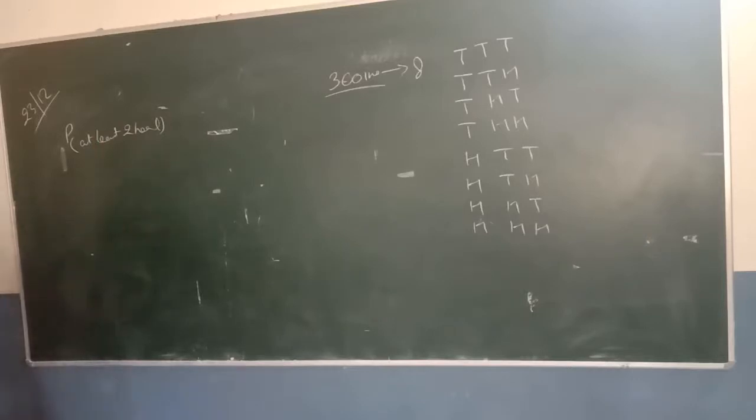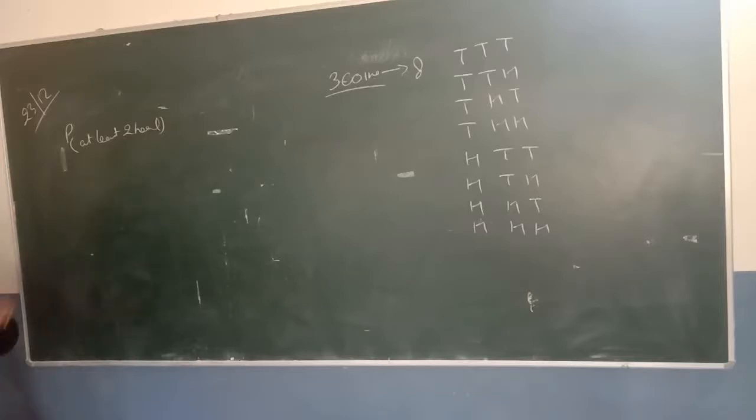At least 2 heads. What should be the probability? Priyanshu, what should be the probability of getting at least 2 heads? This is the outcome. Yeah, this is the table. At least 2 heads. Yes. First you have to make this table yourself, है ना? आपको बनी बनाई नहीं मिलेगी, खुद बनानी पड़ेगी.